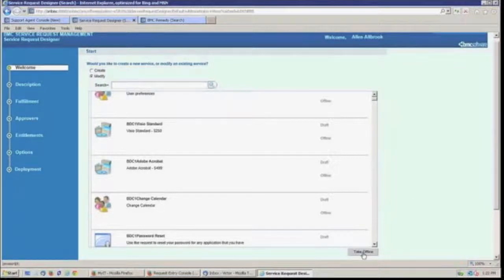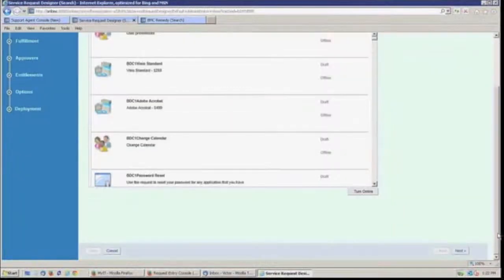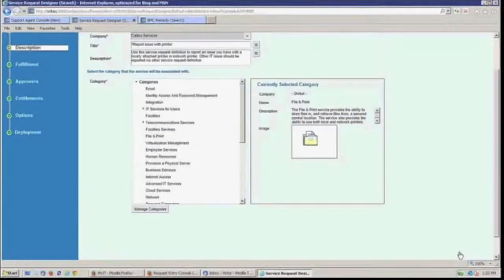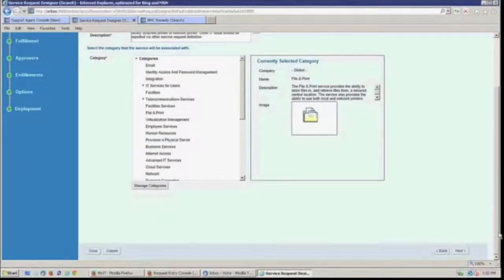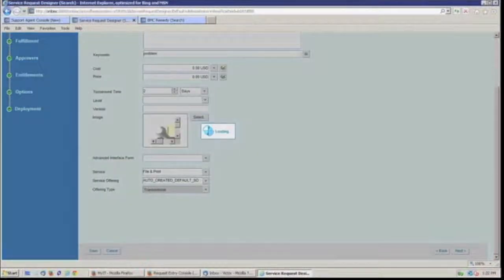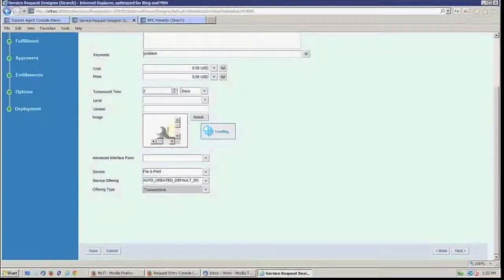First thing you'd have to do is take it offline, obviously, if you're going to be making modifications to it. Once you had that offline, the people who do this type of thing would be able to go in and see what kind of icons we showed to the end user, what kind of questions we asked. In this particular one, we had automatically set the category. There was the title of that particular request. This is where I put in any kind of icons, as I mentioned. This is where we engaged with that